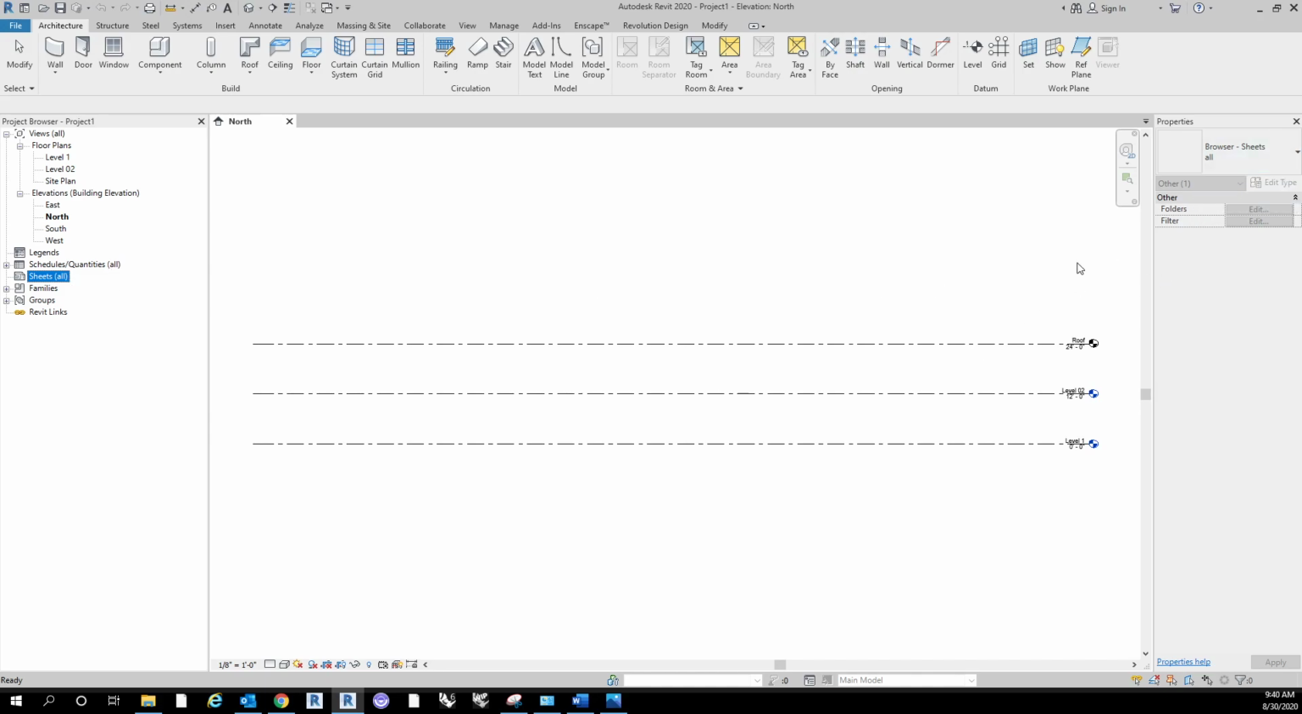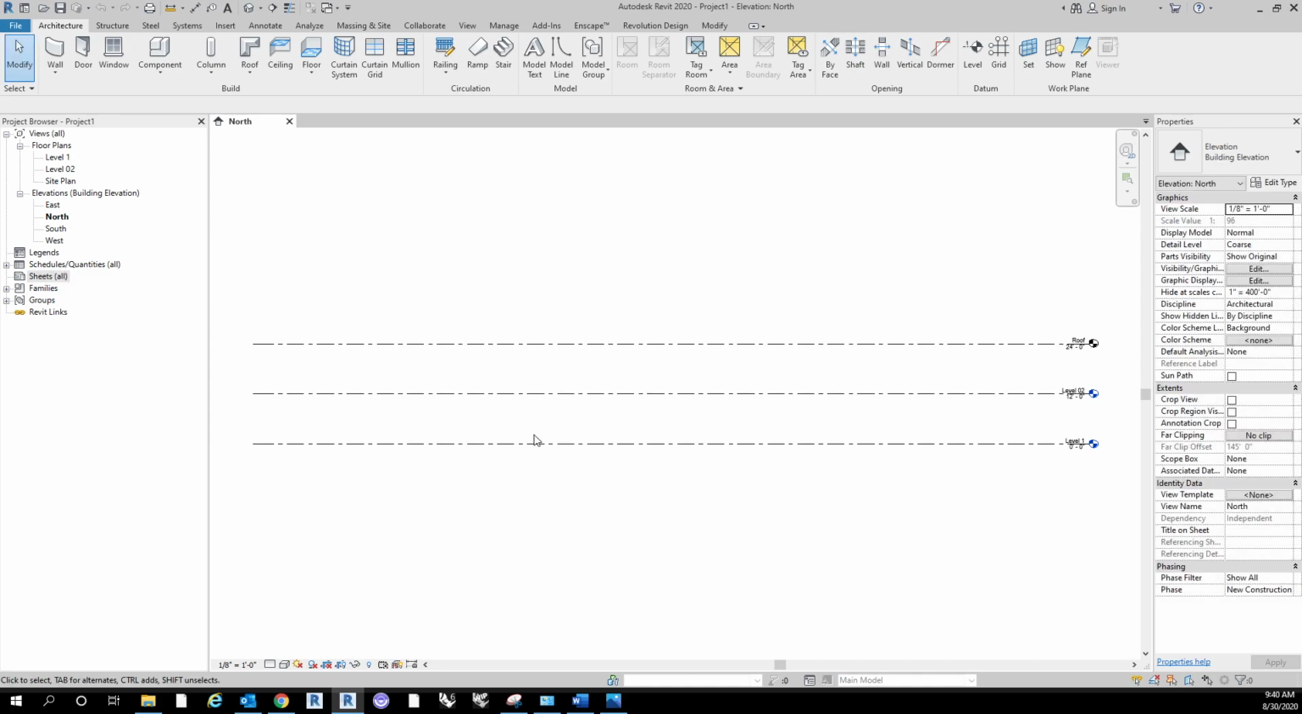And your properties will change based on what window you're in or what element you have selected. So right now, we're in an elevation, and I don't have anything selected. So what the properties are showing are the properties of the elevation itself. So the scale that it's in, the different visibility graphics and aesthetic properties of the elevation, whether or not I want to crop it,